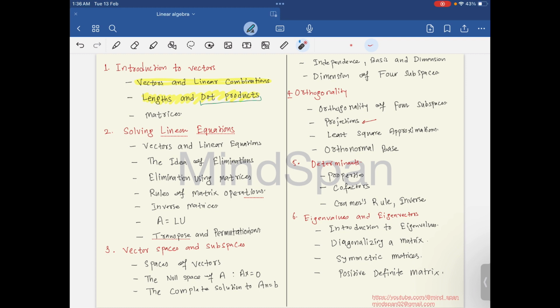Okay. Now we are done with this chapter, the subtopic of this topic, right? So we are done with this length and dot products. In the next video we will be looking at this matrices, right? So we will start with this matrices, and this is very important, right? Lot of points I will be explaining. So you see that